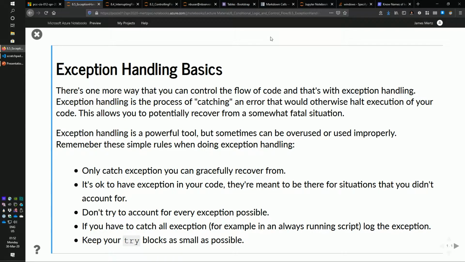Let's go into what this all means. Now, this is a lot of upfront knowledge that maybe you don't fully understand because we haven't gotten into exception handling. But I really want to drill in that exception handling should be the exception. Let me say that again. Exception handling should be the exception. You should only be doing it when you absolutely know that you have to do it. And there are situations that you will, and I'll show you some basic situations where you're going to be needing to do this.